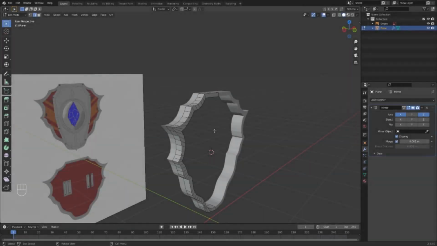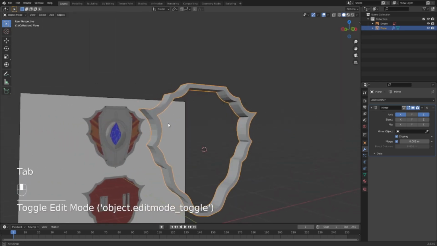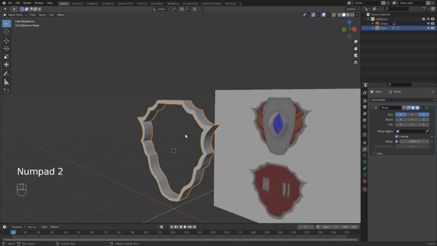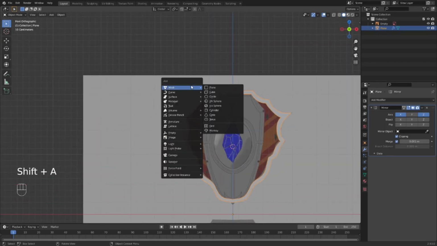What we're going to do now is let's work on the wood. Okay, let's just get out of edit mode here. Let's look at the wood. Here we have a lot of planks. And I go to View, and I'm going to click Shift A, and I'm going to go Mesh and